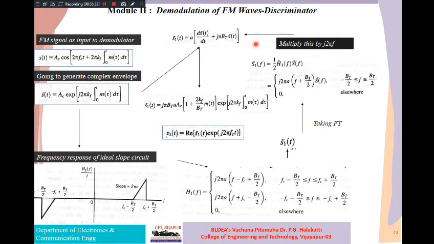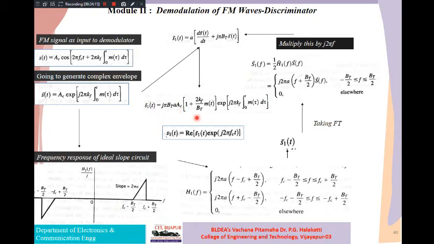That's it. Now next, S1'(t) we are getting as a into bracket, where a is a constant of proportionality, some constant thing will be there: dS'(t)/dt plus jπBT S'(t). Substitute S'(t), that is the complex envelope of the FM signal that we are interested in here. If you want some steps here, I know that you can easily do that. Even if you are unable to, try to practice it; this is very simple, I am giving it as an exercise. Now the output of the slope circuit is S1'(t).